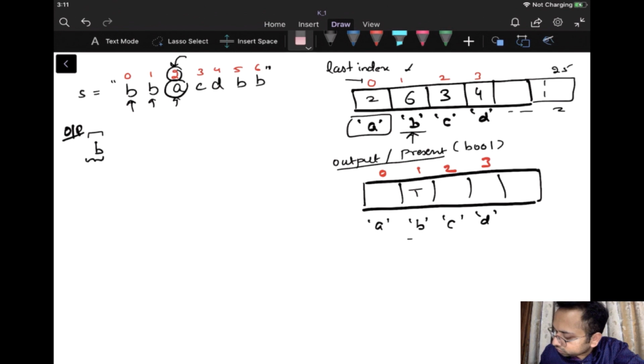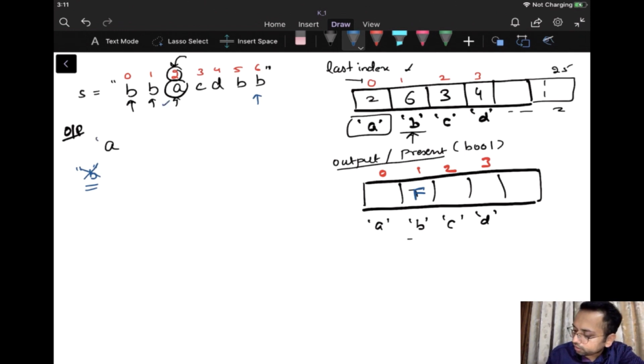So I will remove B and insert A in the output, and mark B as false right now. A is smaller than B, which was present earlier, and B has an index that occurs later on. So I'll remove B from the output and add A, because this will make the string lexicographically smallest.